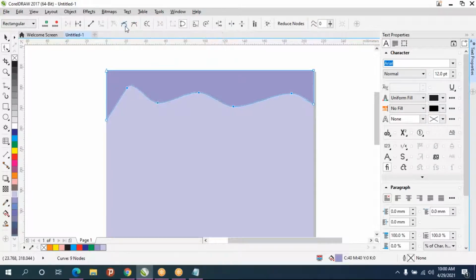Okay. So automatically it becomes smooth. If you click on smooth node, automatically the curves, if it is sharp, will become smooth. And you can adjust as if it is required.